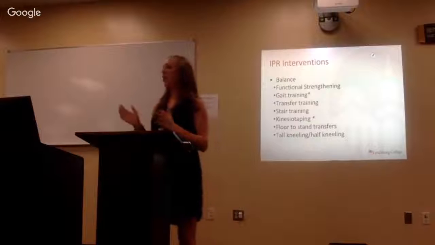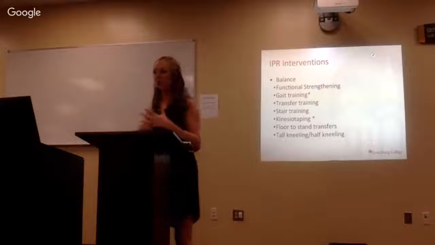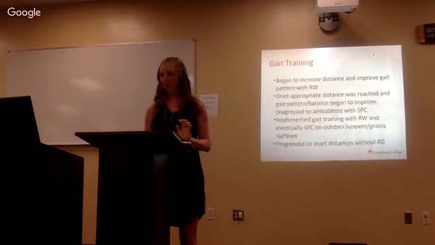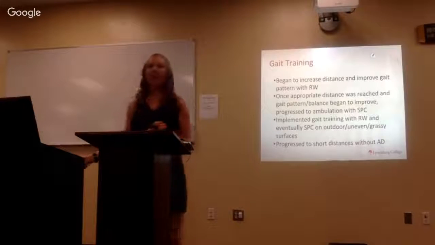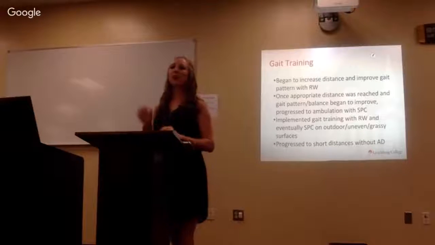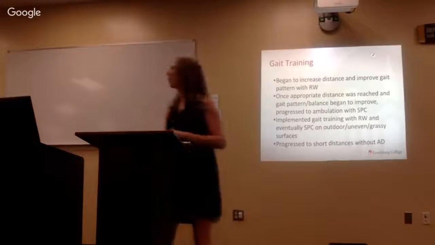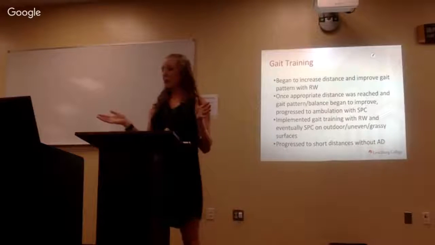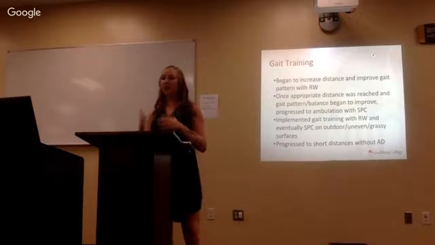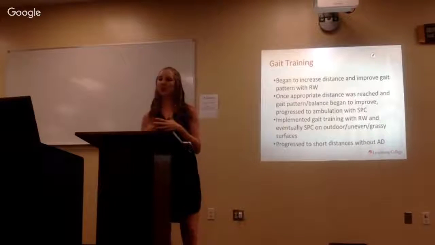And then we worked on the transition between tall kneeling and half kneeling, really trying to get glute med activation on the right, because he was still struggling with that. So, a little bit more about the gait training. We focused first on increasing distance and improving that gait pattern, trying to make it a little less ataxic. We started with the rolling walker, and once he reached that appropriate distance, 150 is the magic number for the FIM, and his gait pattern and balance began to improve due to all the other interventions we were also doing in addition to gait training,